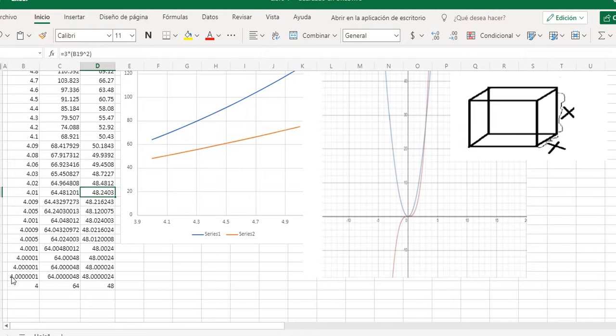Because we can have this small change here, and we can have a little more and more smallest number that we could think, but